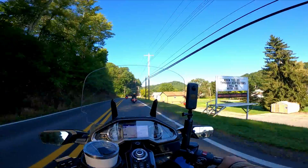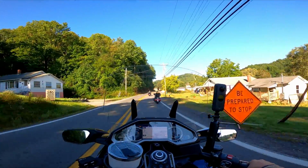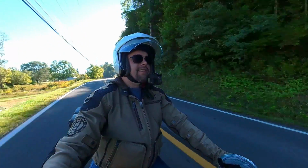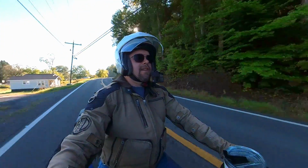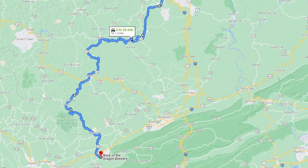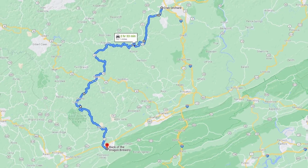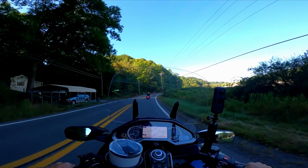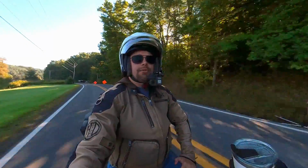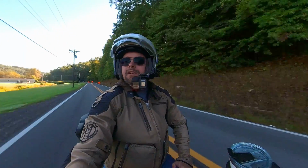But for right now, we are on West Virginia Route 16. We're riding Route 16 from Sophia down to Tazewell, and then from Tazewell down to Marion, Virginia. This will probably be a two-part road spotlight because West Virginia 16 is a rather long road from Sophia down to Marion. I think 2-3 hours, so I'll do it in two parts, just capturing scenery for